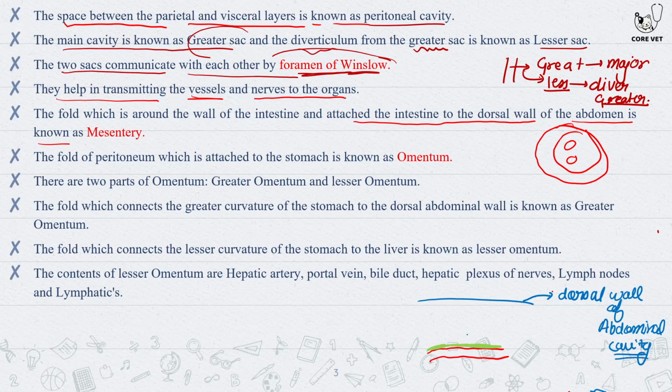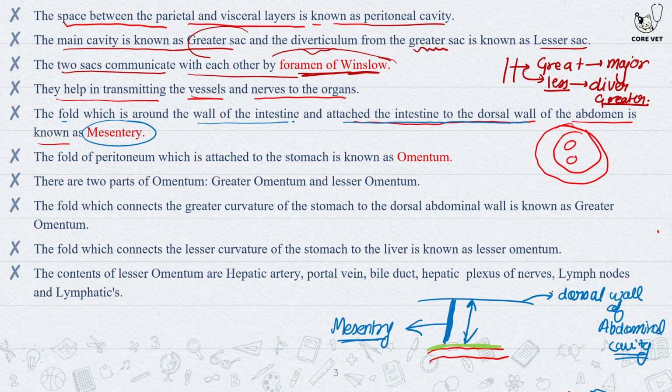So this intestine is attached to the dorsal abdominal wall through a fold, okay? And this fold that is connecting the two is the mesentery, right? The fold which is around the wall of the intestine, mark the words, wall of the intestine, and attached to the intestine to the dorsal wall of the abdomen, is known as the